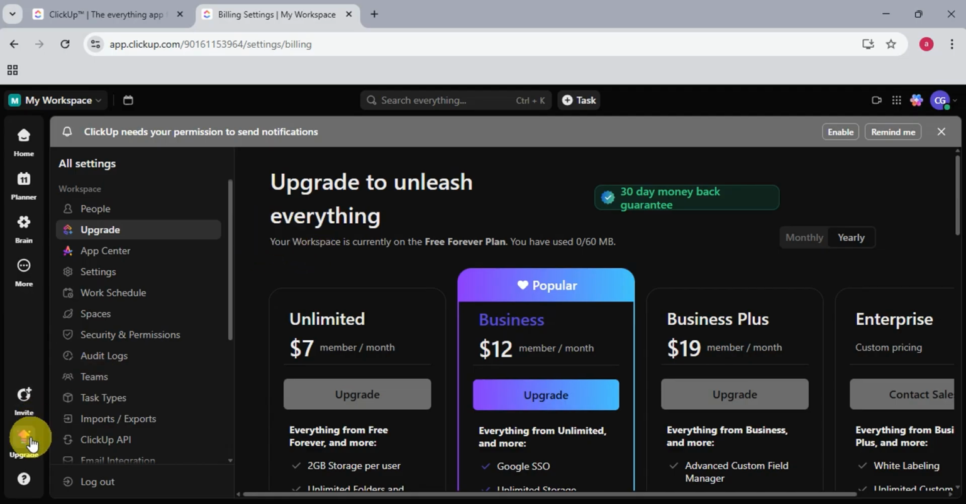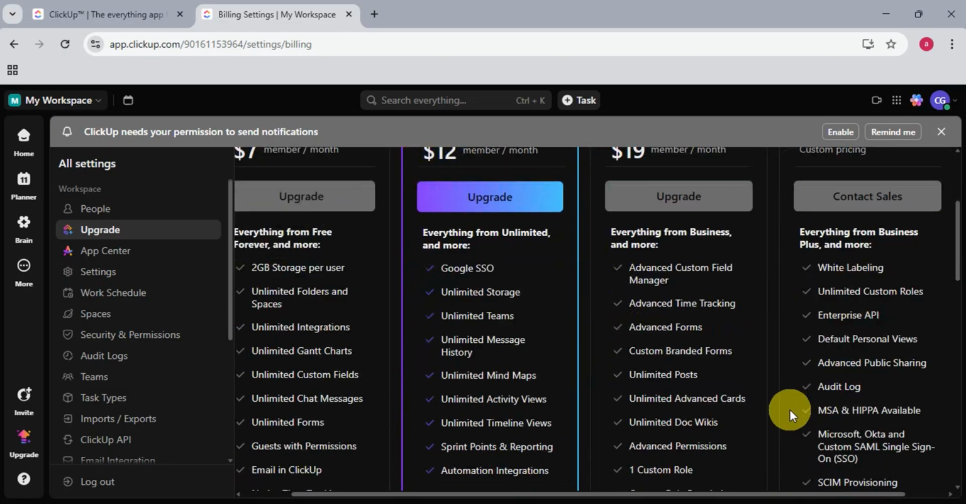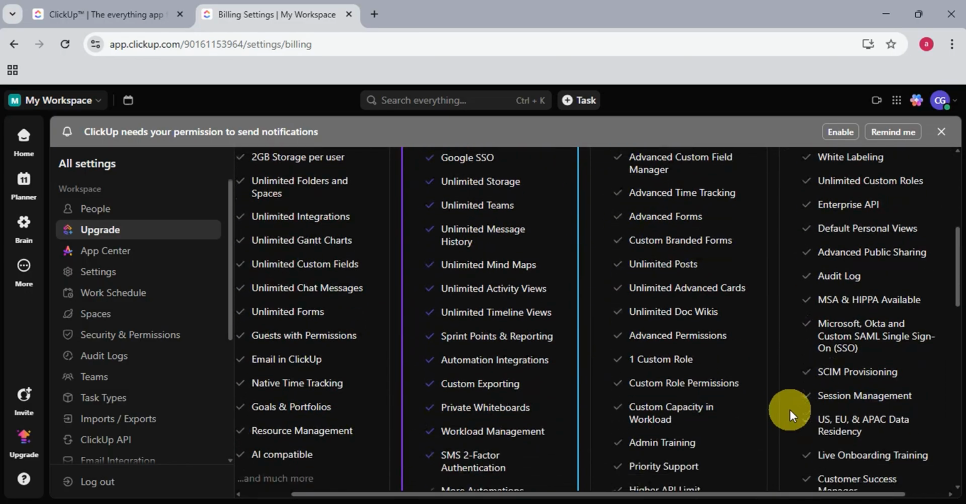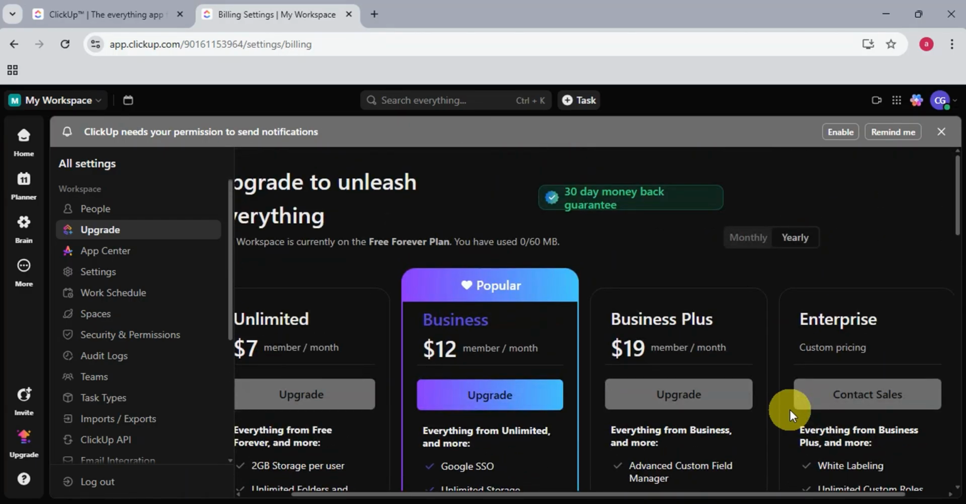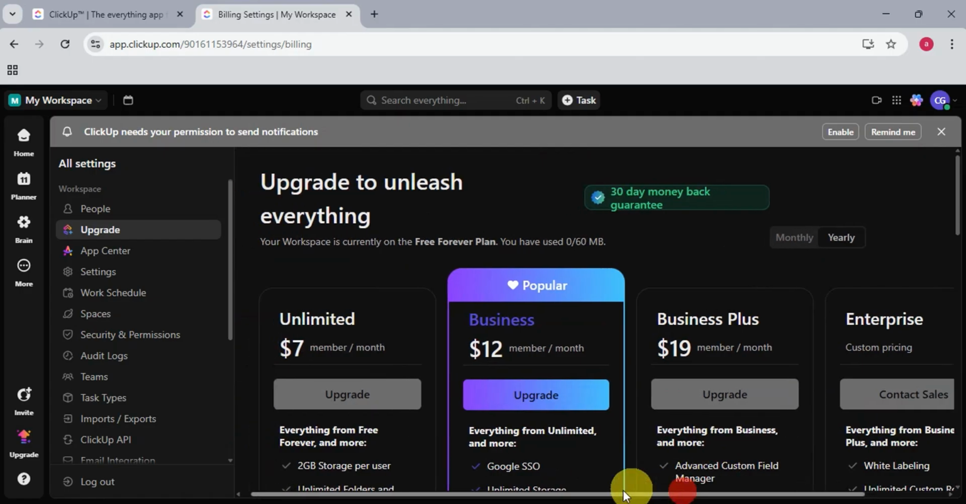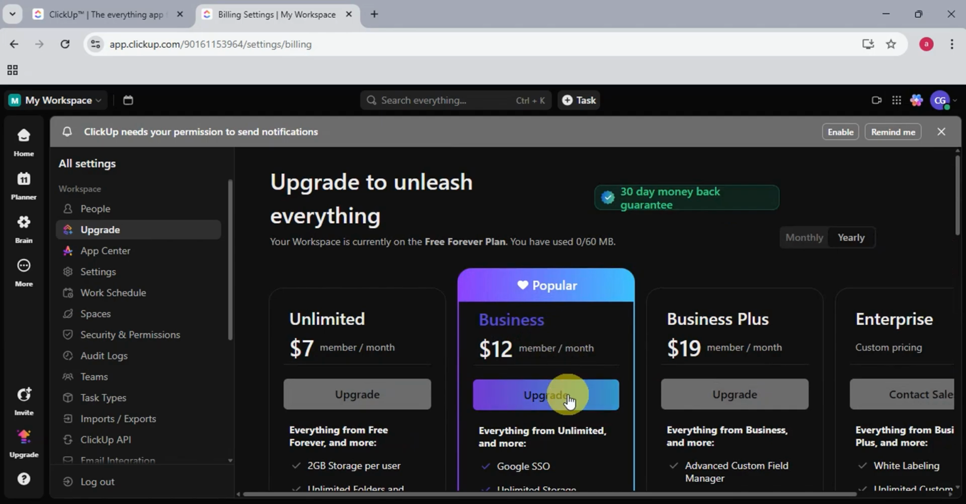You could click on upgrade in here, and as you can see, these are the different plans that they offer. This one is for yearly. We also have monthly in here. The popular one is business, which is going to be $12 per month, and we also have unlimited, business plus, and enterprise. You should be able to compare the different features that they offer. Feel free to see which one is suitable for the type of work that you're currently doing, browse here, and click on upgrade if you ever want to uplift